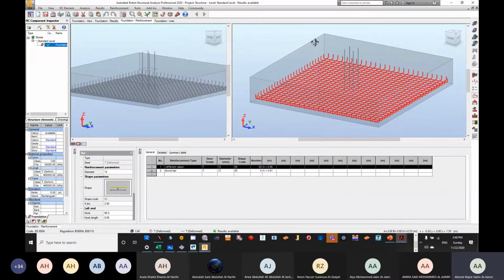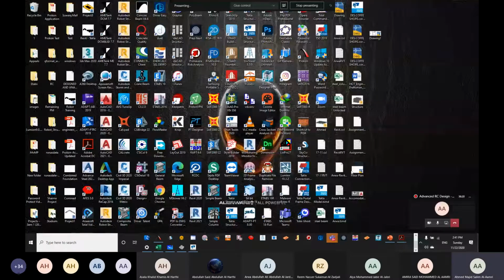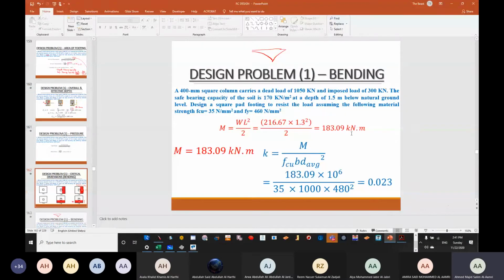This is only a sample to show you how you can use software in order to do the design of a foundation. Since I have showed you for the slabs using Excel and I think Tekla, Tekla TEDs we have that, I'm showing you how to do it in different software for the foundation. Now returning back to our lecture,